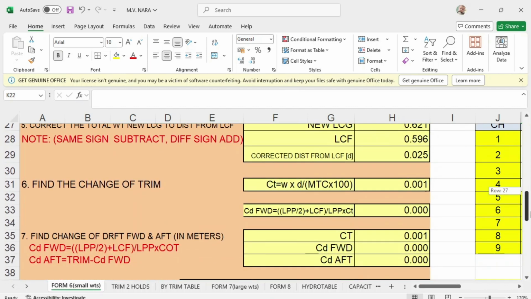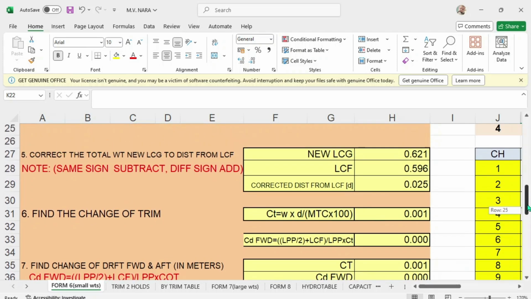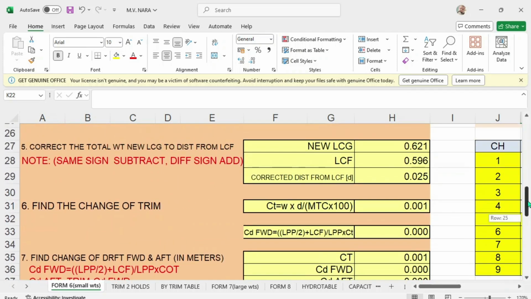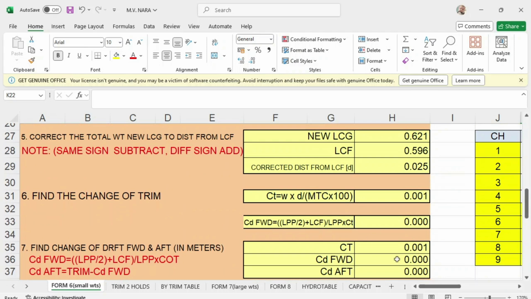Now the distance from the LCG to the LCF is 0.20. Change of trim will be 0. Change of draft forward will be 0, and change of trim is 0.